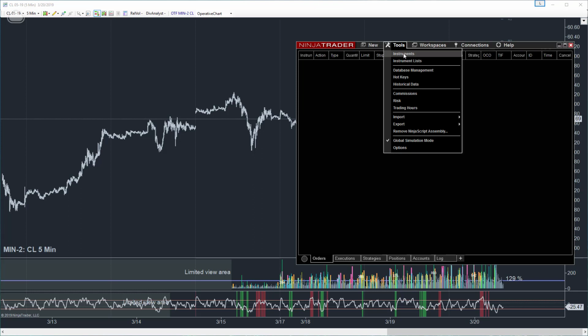And evidently it's not downloaded from the server. I'm pretty sure about this, but I'll have to double check. I don't believe it's downloaded from the server. I think that offset ratio is calculated and applied locally on your PC. But if you go to Tools, Instruments,